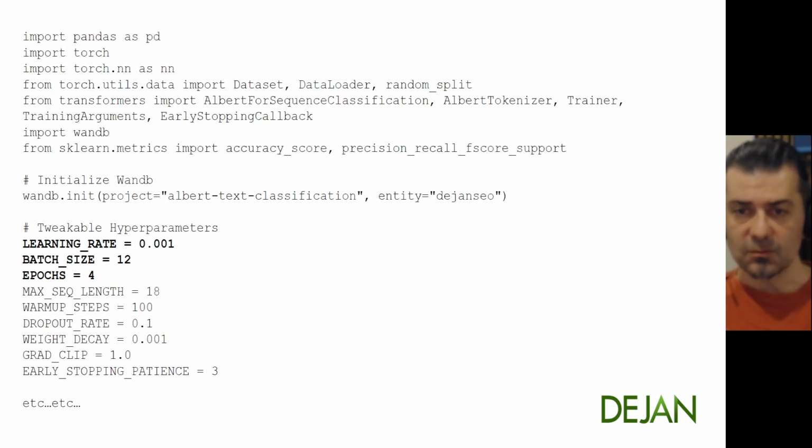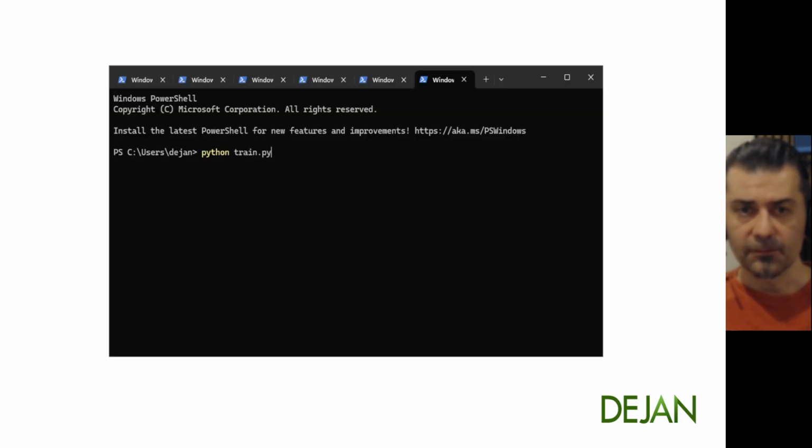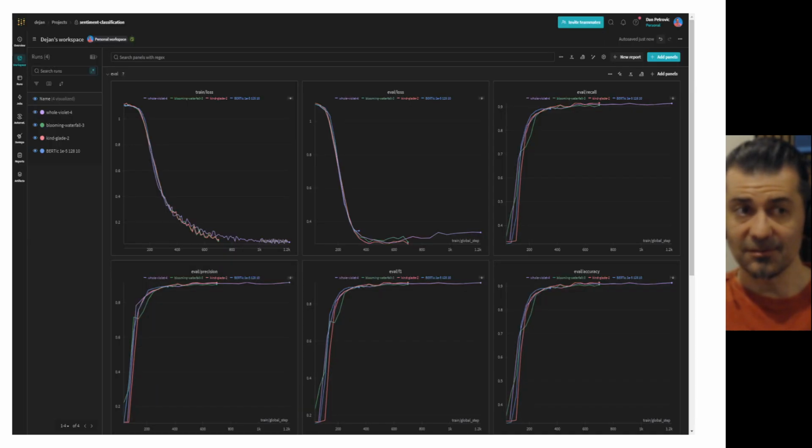So this is what a fine-tuning script may look like. We go python train.py, hit enter, and there's Weights and Biases showing beautiful graphs. We're here seeing the training loss. So basically the amount of errors the model is making at every next step during the training process is minimizing. And we can see that this is quite a healthy learning curve. The number of errors is decreasing. The optimizer is doing its job. We're finding the optimal solution in the space we're searching of all the probabilities.